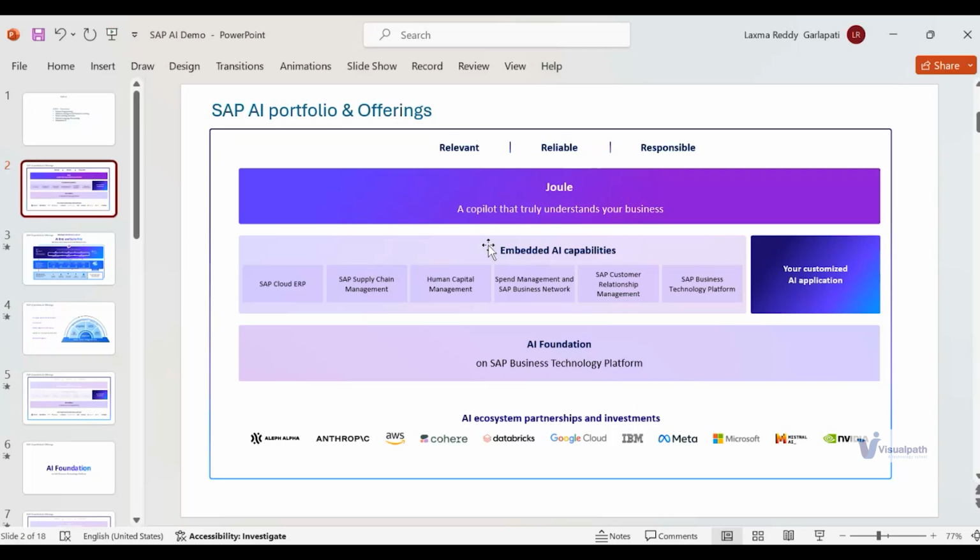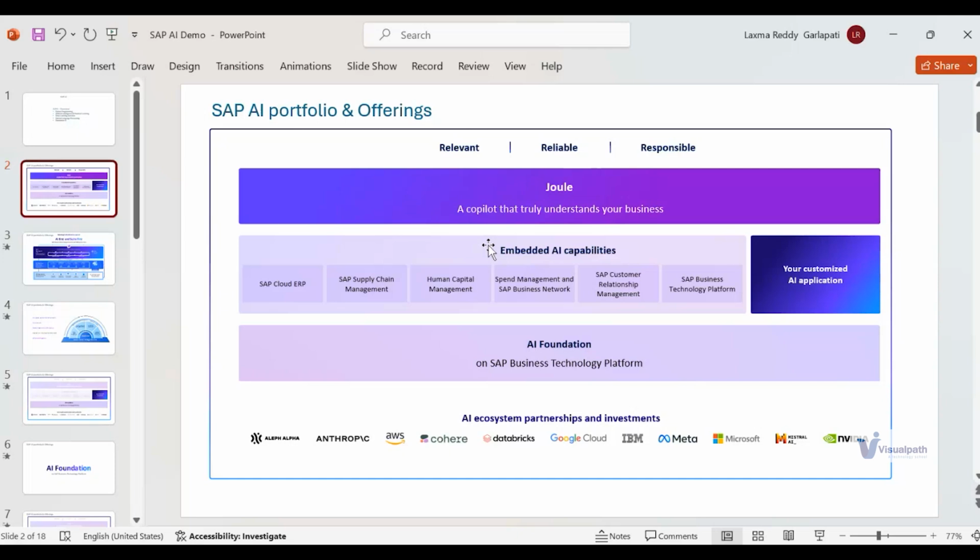As a consultant, we need to get into that particular area, which is called ISLM, Intelligent Scenario Lifecycle Management, and we need to activate certain functions by providing the data size, and then get into your business application and start using it.